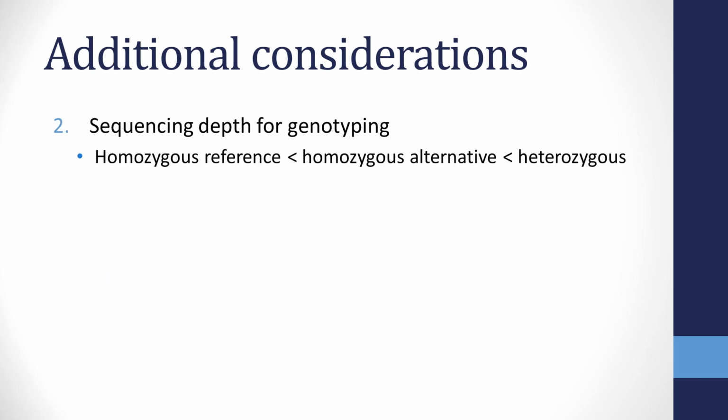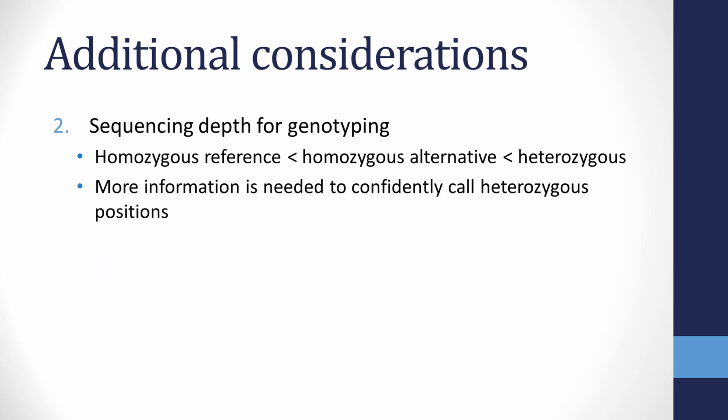Sequencing depth for genotyping: it's worth noting that it's easiest to call homozygous reference. It's more complicated to call homozygous alternative, and it's most complicated to call heterozygous genotypes. And that's because we basically need more information. You could imagine a circumstance where you're trying to call a heterozygous site. In an ideal world, it's going to be 50% one allele, 50% another allele, but of course there's that statistical error, and that error on our estimate actually decreases as we increase the amount of data, that is the depth